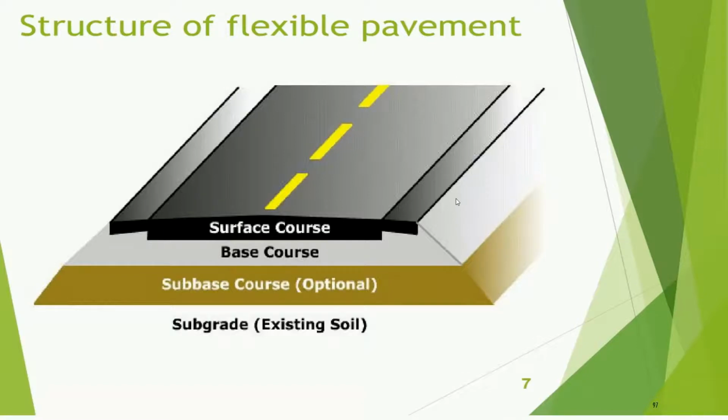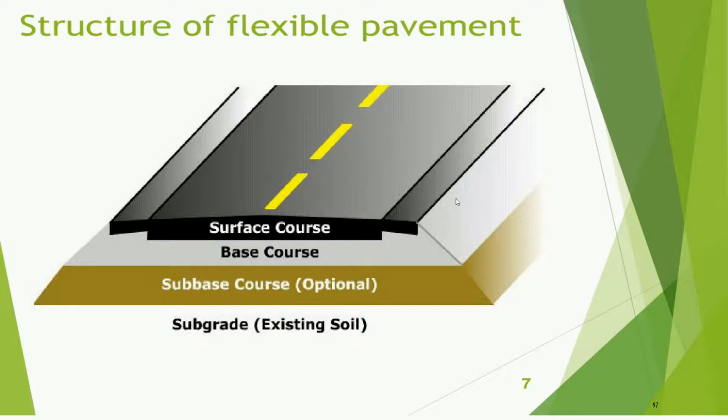Students, you can see this is the elevation and structure of the flexible pavement. In case of flexible pavement, we provide various layers to support the topmost surface. The lowest layer is the subgrade layer, which is the existing soil. By considering the existing depth of the material, we construct this bottom layer, so it is called the existing soil. The next layer is the subbase course.